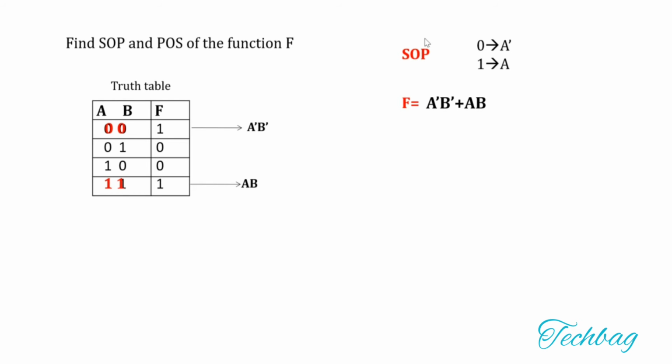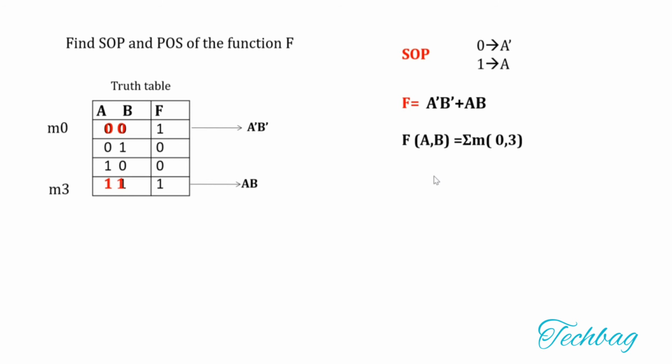So to find the sum of product expression when your variable is in true form, you have to find the input combinations for which the function is true. That input combination should be expressed by a min term, and you have to take a logical sum of those min terms to get the sum of product. Here the corresponding min term is 0 and here the min term is 3. You can also write this f as f is equal to sum of min terms 0, 3. Here the function is in true form.